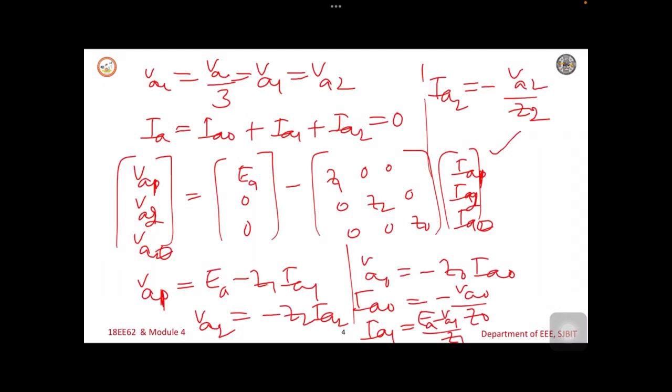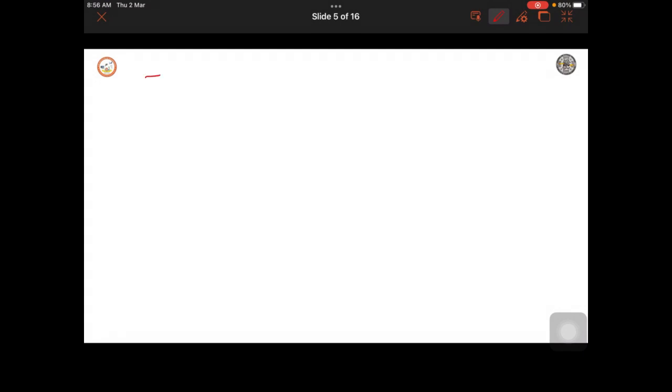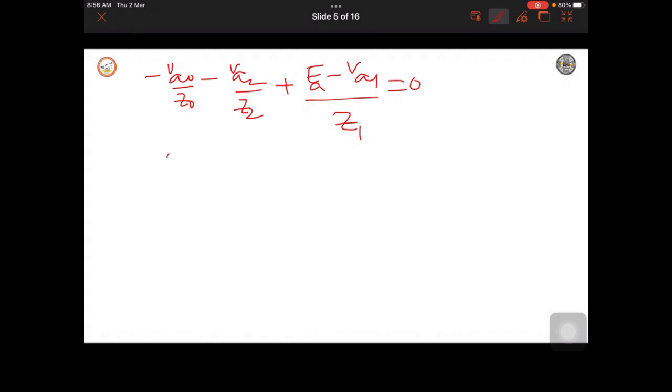After this, we can add the previous. IA0 is nothing but IA1 plus IA2 plus IA0. We have the expression for IA1, IA0 and IA2. Here you add and equate it to 0. So you will get minus VA0 by Z0 minus VA2 by Z2 plus EA minus VA1 by Z1 is equal to 0. So if you simplify this further and get the expression for